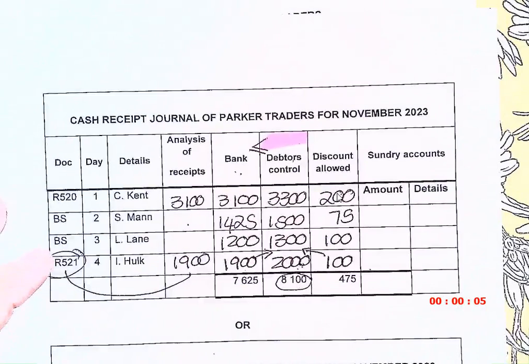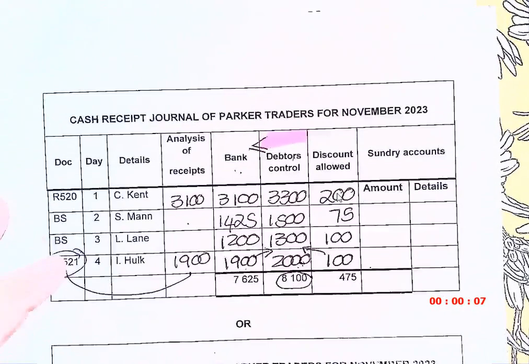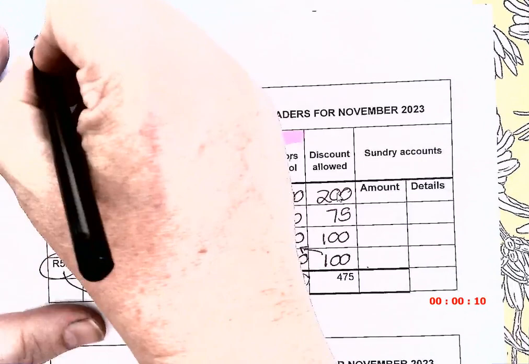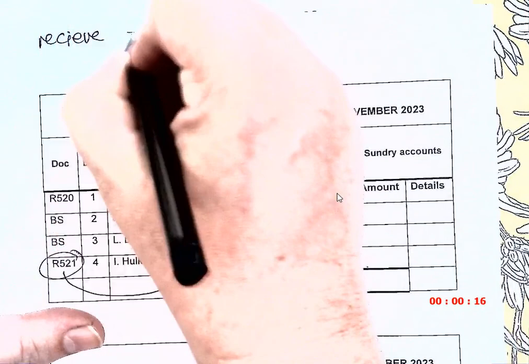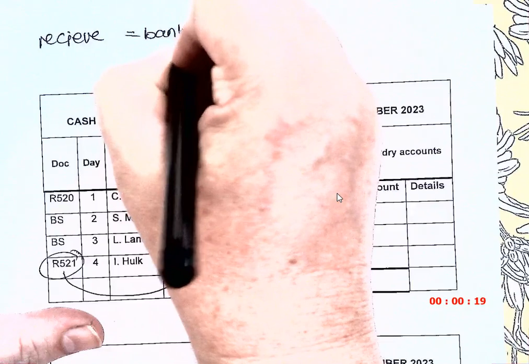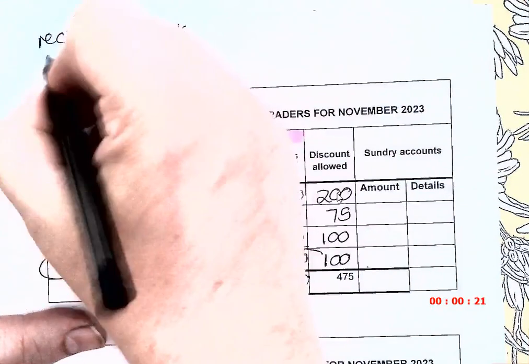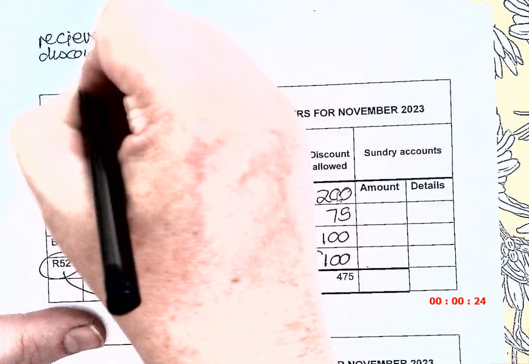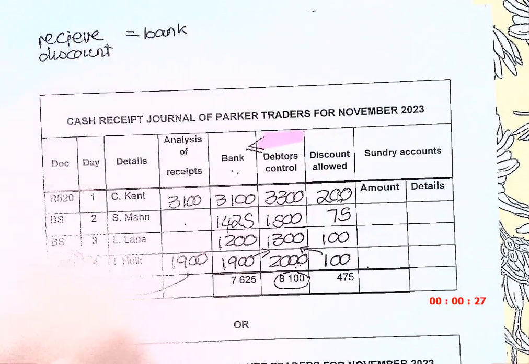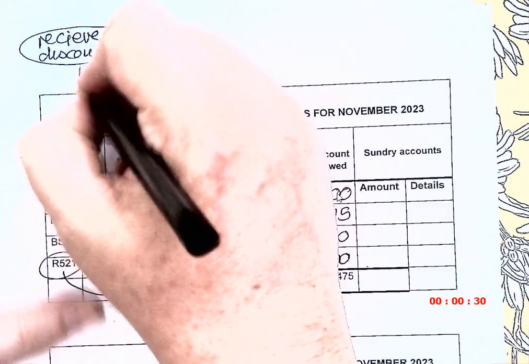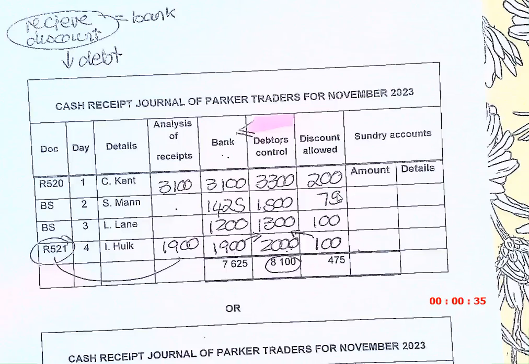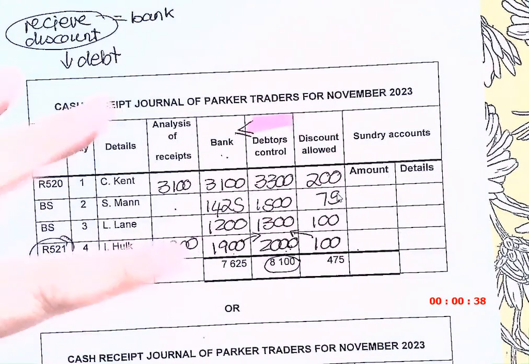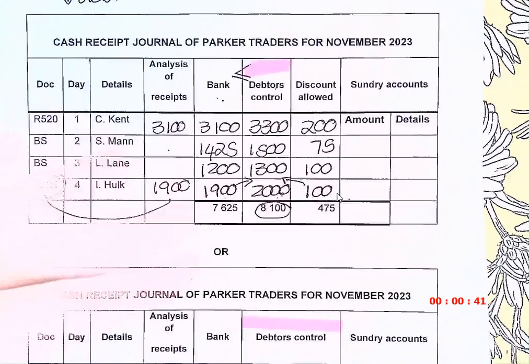That you understand how it works. So basically what happens is they will tell you an amount that the debtor pays me. So it would be the amount that I receive, that I will put in my bank. Then I'm going to tell you there was a discount. And those two together will make the debtor's debt less. You see? So maybe instead of just doing the columns like this,